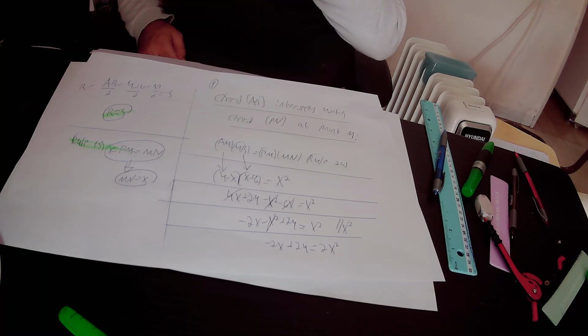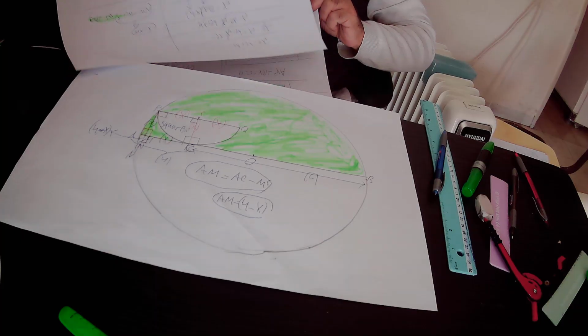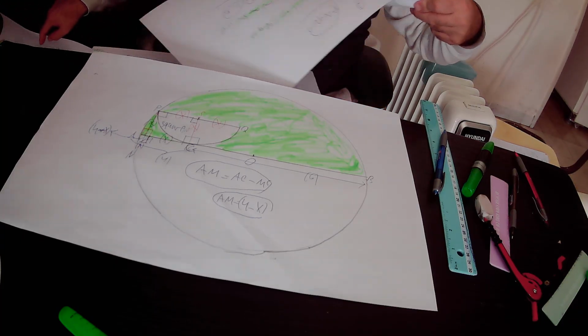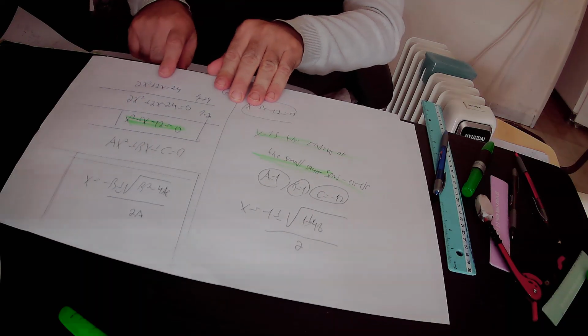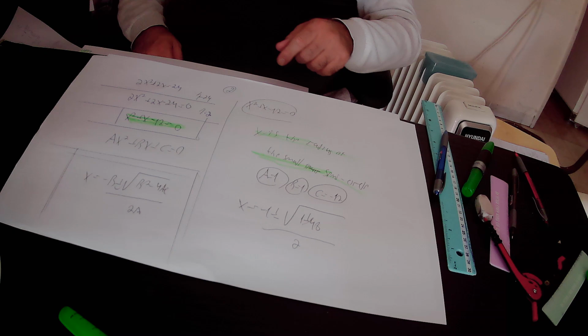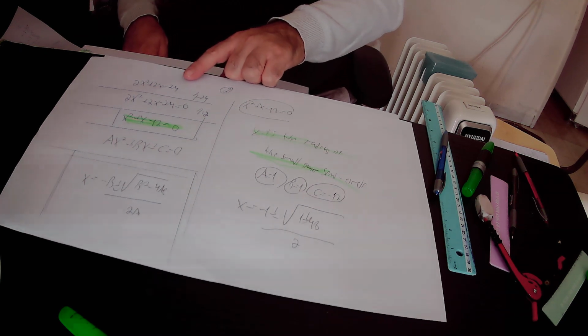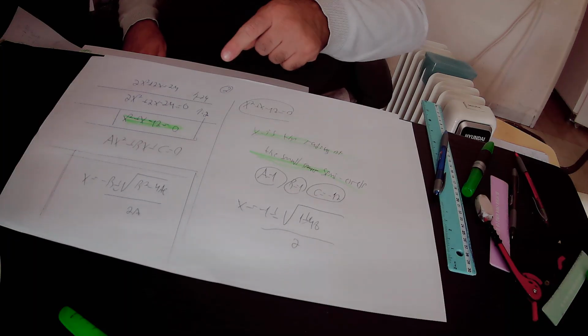So here we added 2x to this equation, and finally found out that 2x squared plus 2x equals 24. Here we subtract 24 from this equation, and finally found out that 2x squared plus 2x minus 24 equals